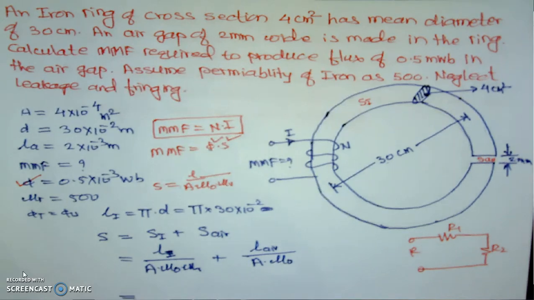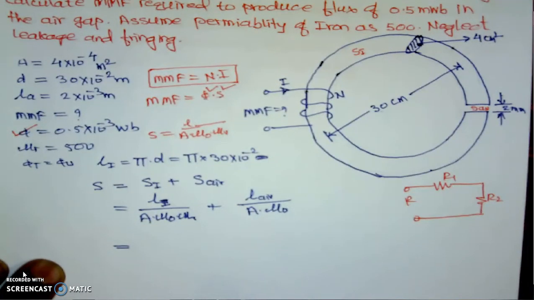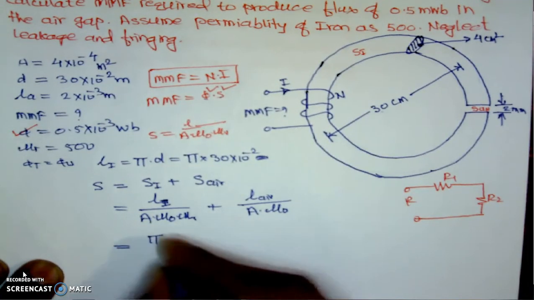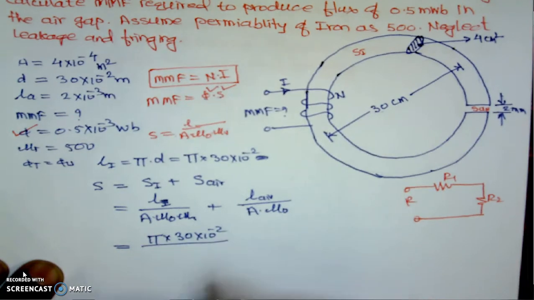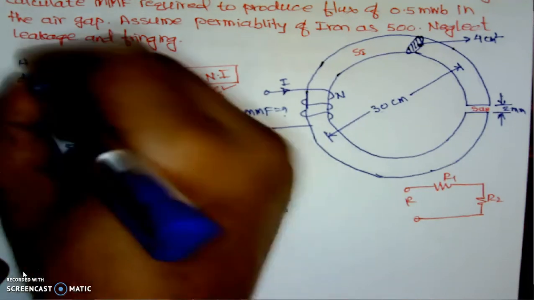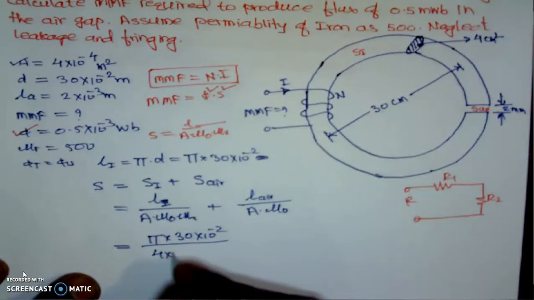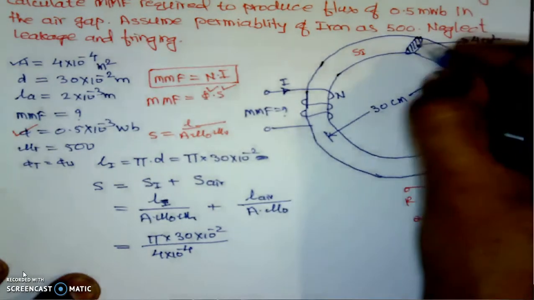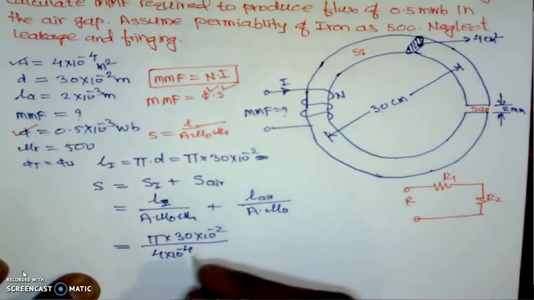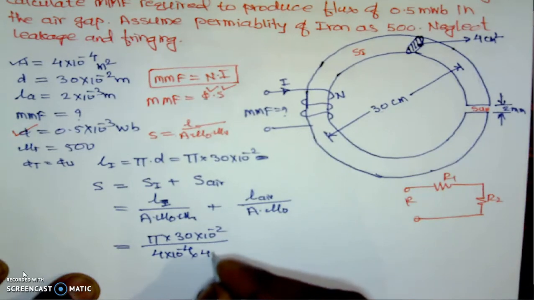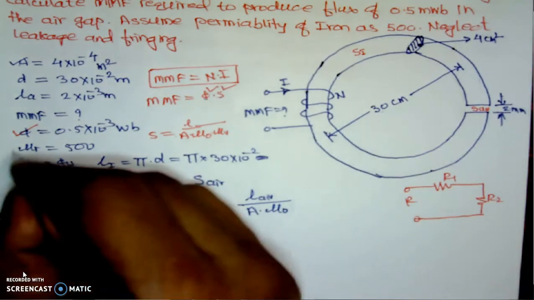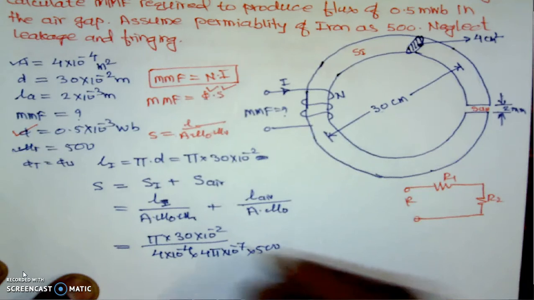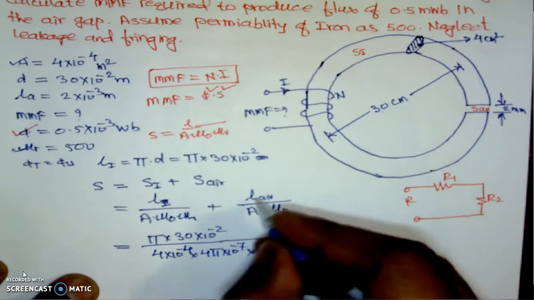If I am substituting the values here, length of the iron path, which is pi into 30 into 10 raised to the power of minus 2, because pi d is the formula, divided by area. Here this is area which is given as 4 into 10 raised to the power of minus 4 meters square, which is the cross-sectional area of this iron path, into mu naught is the permeability of the free space, which is 4 pi into 10 raised to the power of minus 7 henries per meter, into mu r, which is the relative permeability, which is given as 500, this value,